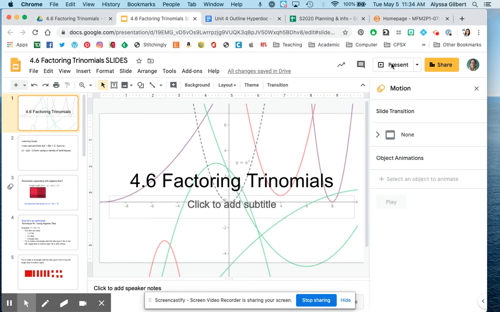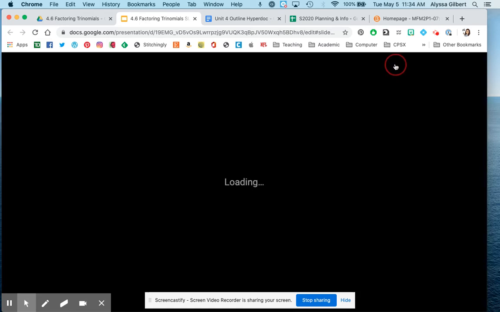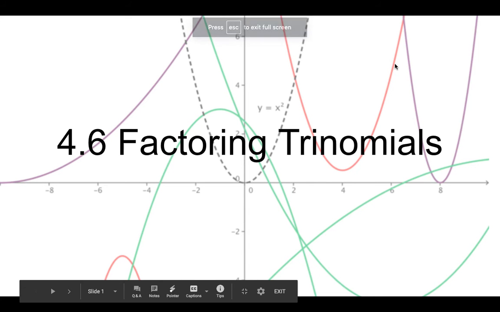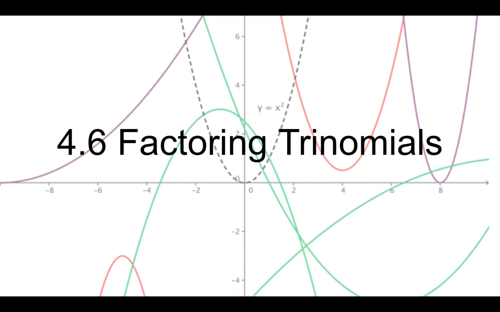Hello, everybody. Welcome to the sixth lesson in the quadratics unit. Last time we did common factoring, so taking out a factor that can go into each term in a trinomial or a list of other terms. Today we're going to use some of those ideas and take it a little further into